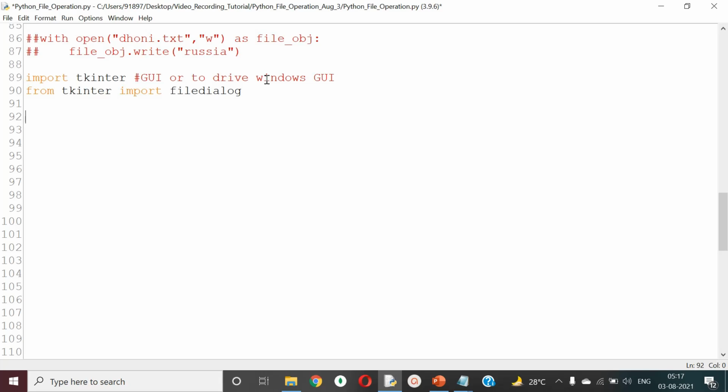Now look at this. Folder path is equal to file dialog dot ask directory. So this is the function.